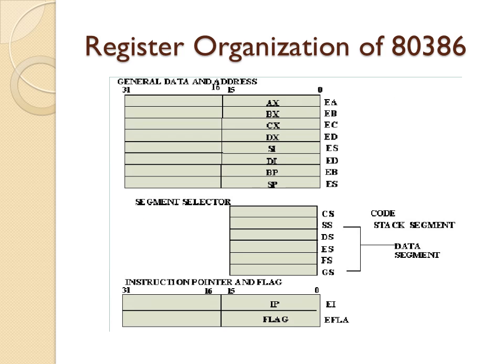General data and address registers. These include AX, BX, CX, DX, SI, DI, BP, SP. These all are general purpose